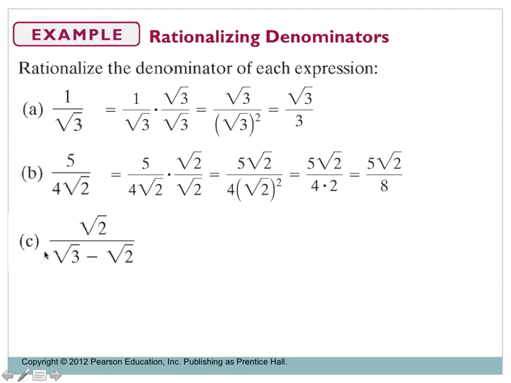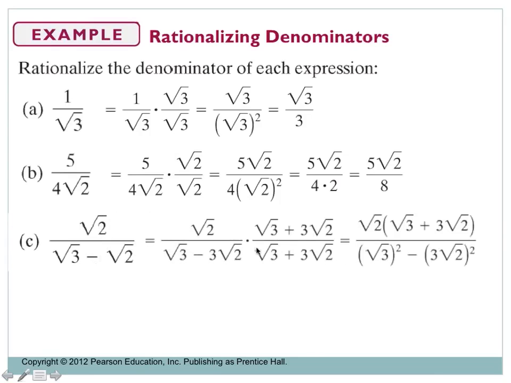Now this last one, since you have square root of 3 minus square root of 2, what we're going to need to do is multiply by the conjugate, okay, which is going to be the same thing but with a plus sign. So we're going to multiply by square root of 3 plus,